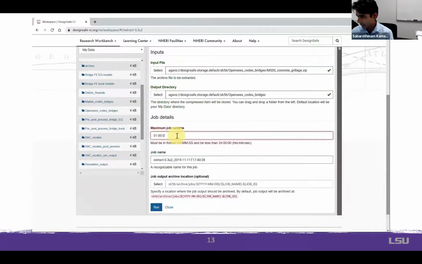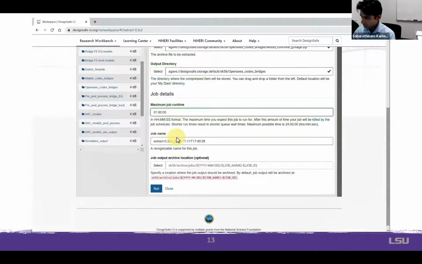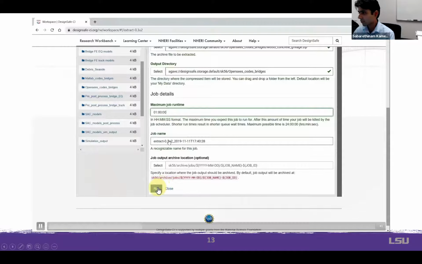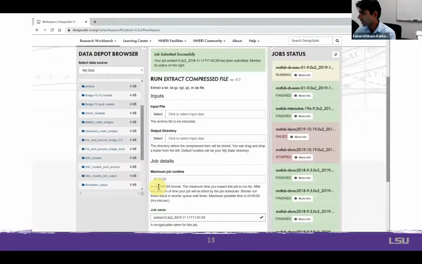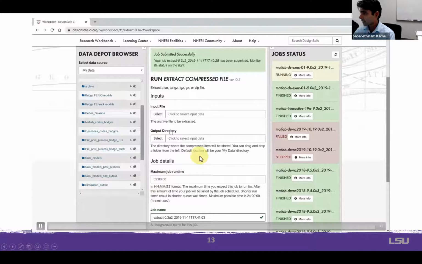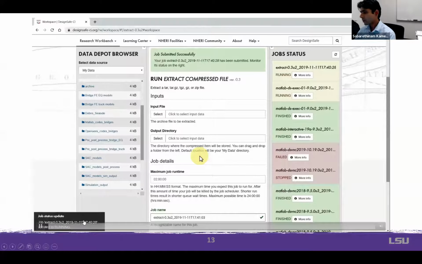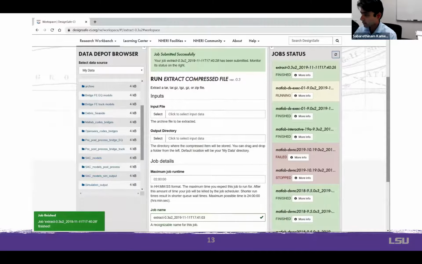It doesn't have very many files, so I know that it's going to finish within a couple of minutes. We can give a meaningful name to the job, but for these jobs, it's not really necessary. And it's similar to what we had seen in the case of MATLAB jobs. The job status will come up here, and we can see the pop-ups updating the status of the jobs, saying what's happening. Right now it's saying that the unzipping is going on, and we'll soon see that it will finish. This is all happening in real time, in the sense that I'm not speeding up the video or anything. This is how fast it is.